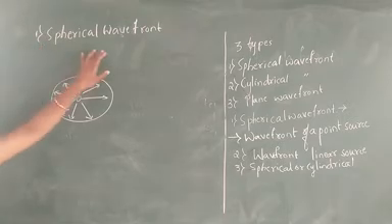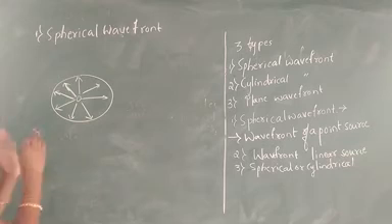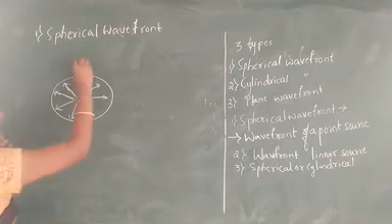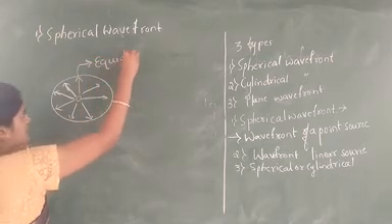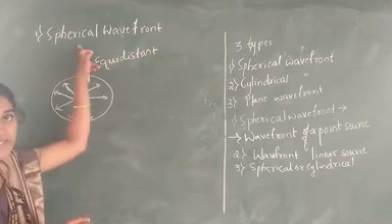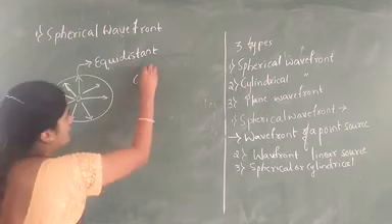In the spherical wavefront, when we throw a stone in the water, the disturbance moves in all directions, and we get equidistance. It is in the form of equidistance of the point, so we can call it a spherical wavefront.